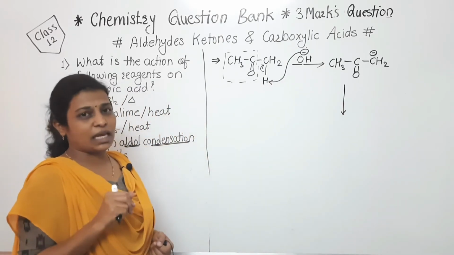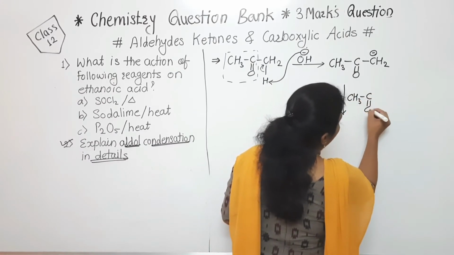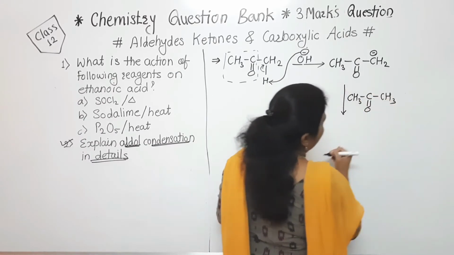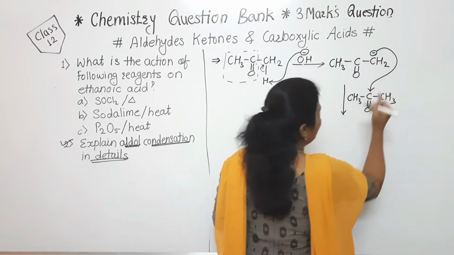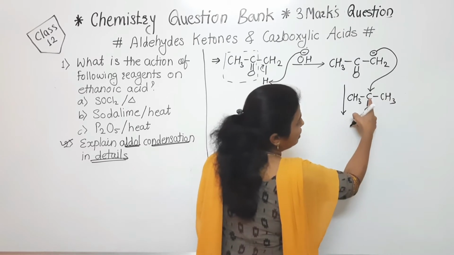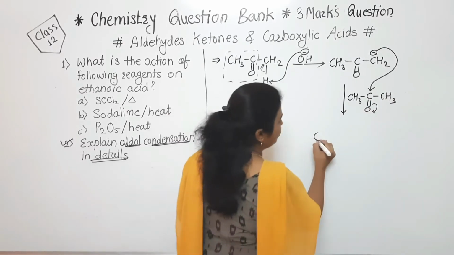Now we are using the second acetone, CH3 C double bond O CH3. That negatively charged carbon will attack on this carbonyl carbon. That's why the carbon-oxygen pi bond will get broken, and here we will get, now see,